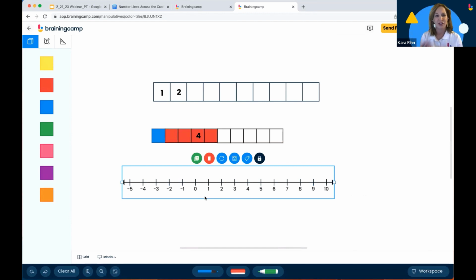Those are a good sign that you need to go back, kind of re-examine a number path and remediate for them. It doesn't have to be just a pre-K to kindergarten, first grade tool, even though it is geared towards them. I want you to know, please use it for